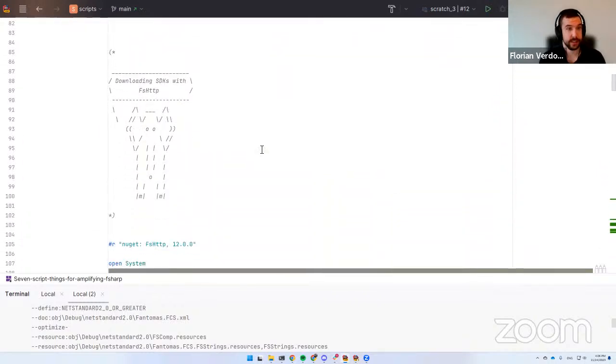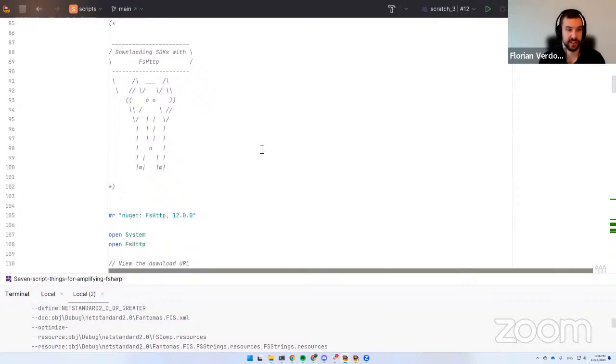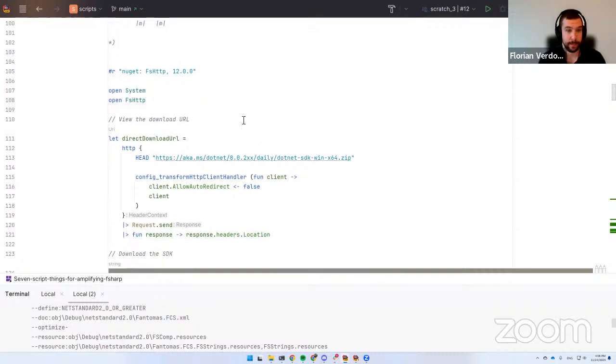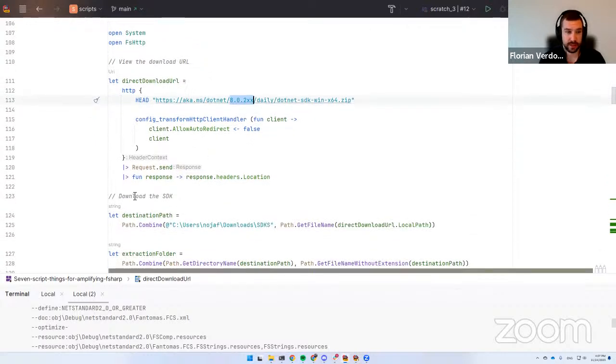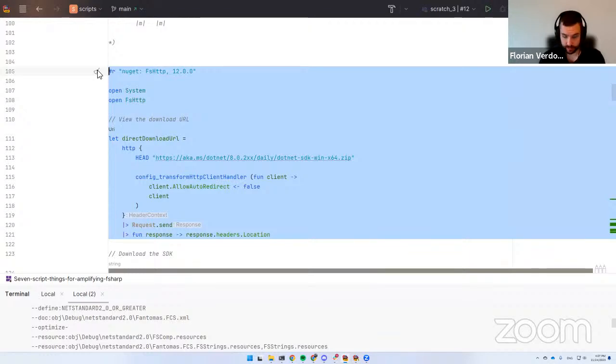So in the second example, another thing I frequently do is download the new .NET SDK, and we're going to do this with FSHTTP. There is a link that changes every day to get the new SDK. In this case, we're looking at the 8.0.200s. That's going to be released somewhere in February, I assume. And if we grab this,